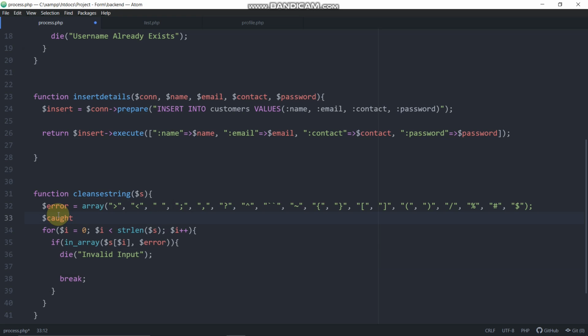Which would be named caught, and the initial value of caught would be false, right? Caught means that the error has been caught, that means an invalid input. Initially it's false because we haven't checked for any invalid input. But if we have checked for an invalid input, we'll change the value of caught to true. If there is an invalid input, we'll